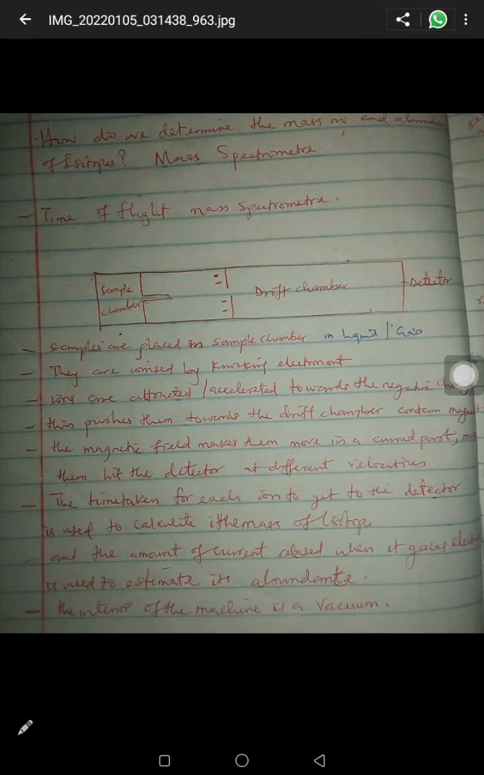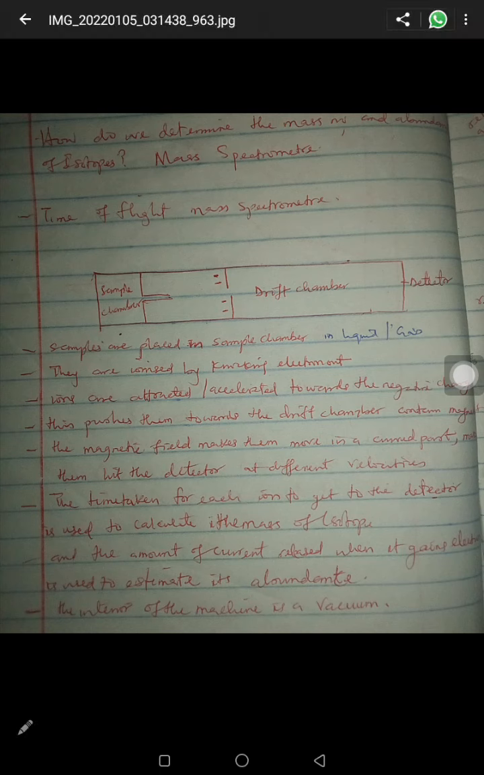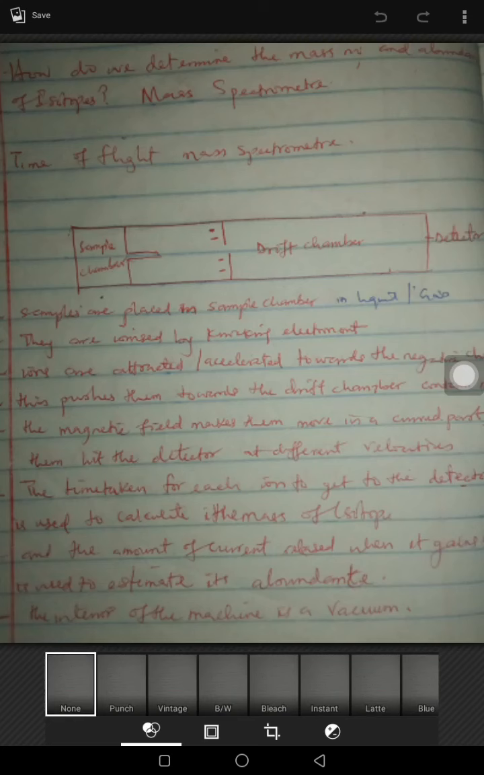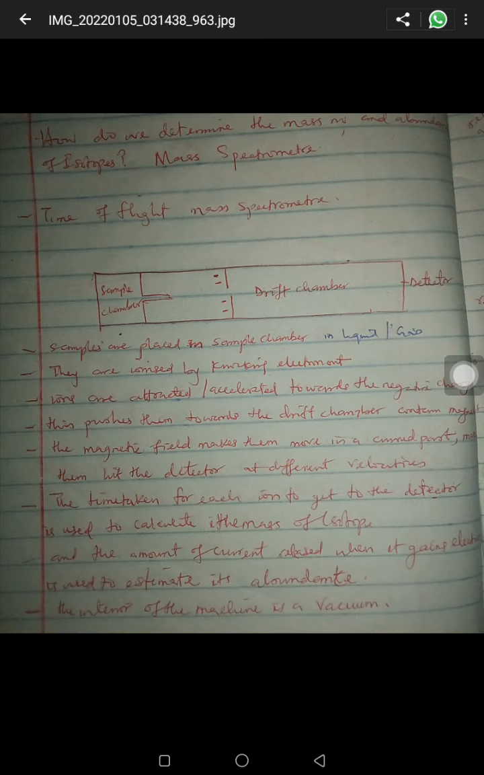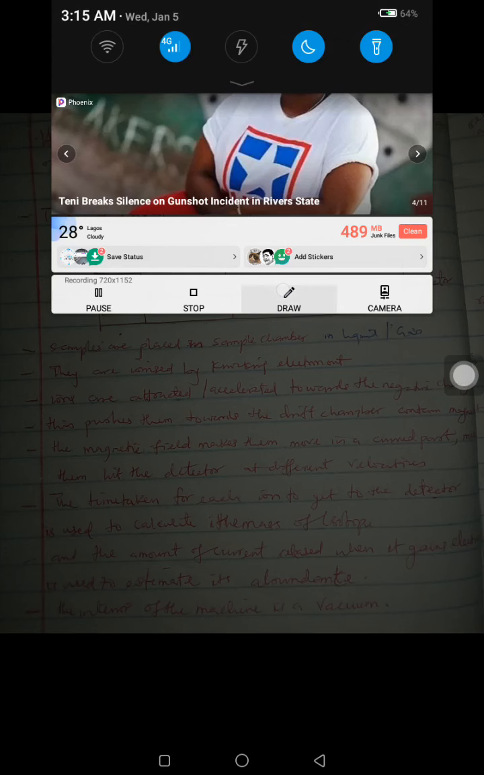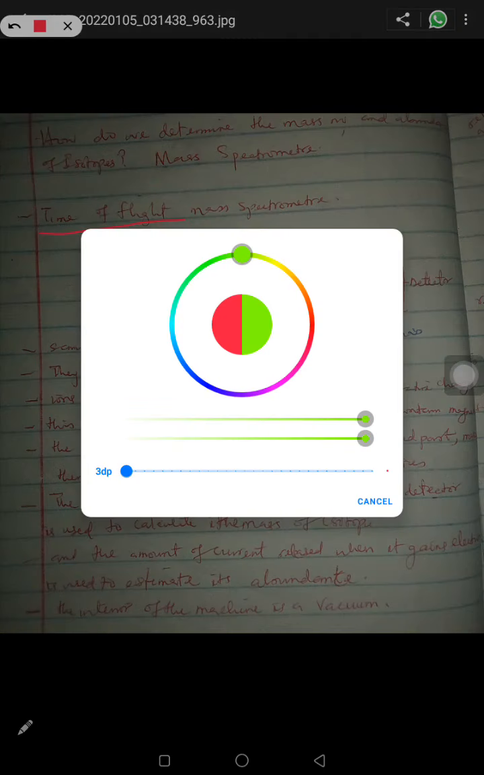Let's talk briefly about the time of flight mass spectrometer. I prepared this some time ago. Number one, when we are dealing with time of flight, time of flight is not the name of a spectrometer. It's just a technique that is adopted